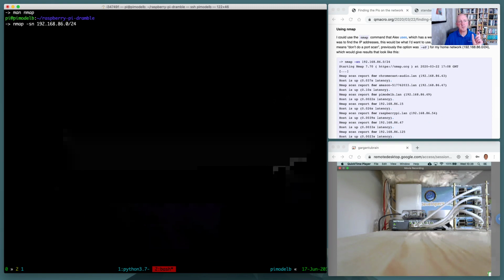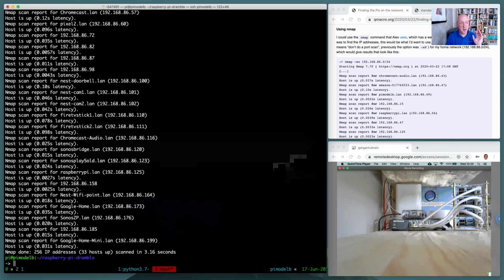So as many folks who run Google Wi-Fi will know, the default subnet is 192.168.86, and then of course it's a network or a subnet with 24 bits as the network mask, which basically means that that's the network identification part of an IP address, and this is the host identification part of the IP address. So all my hosts are going to be .1, .2, .3, .4, .5, and so on. So let's run that and find out